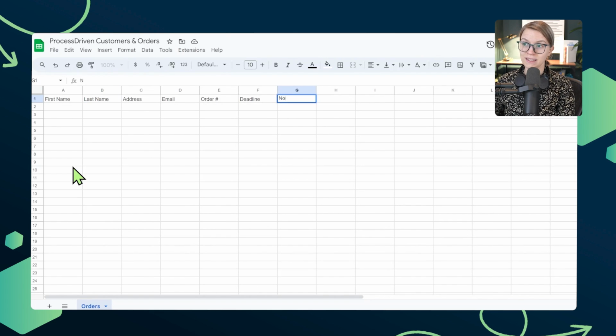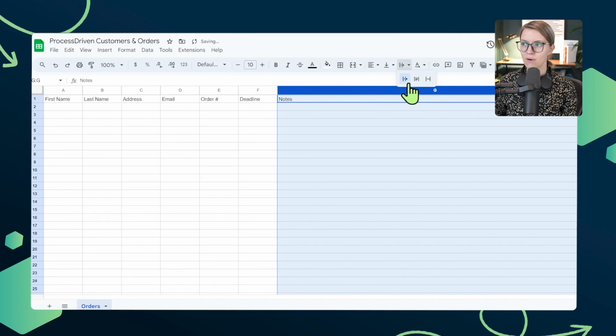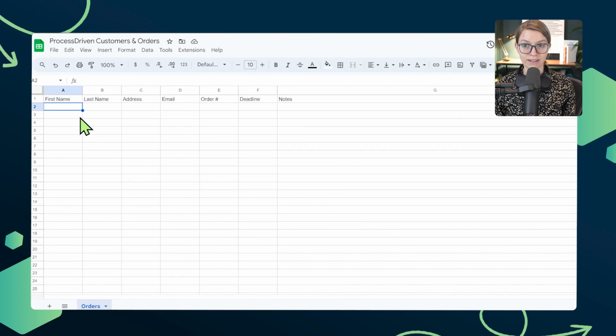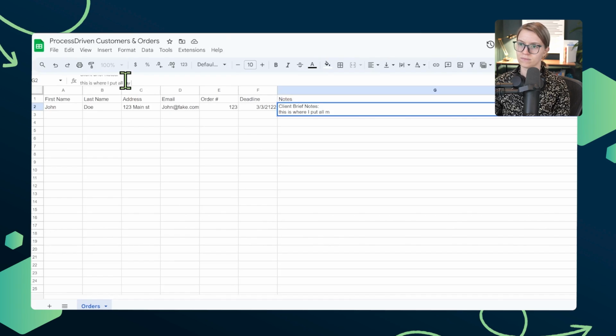And in this case, this might just be a notes column. That's it. We're going to delete the rest of our columns. We'll resize this one to be huge in case we need it, and allow ourselves to wrap that text. In this case, just like Sarah, we would then put the customer information in the structured fields. And then when it comes to the unstructured information, since we don't have a task like Sarah does, we would just use this notes area. So this is where we can have client brief notes. And we can use this notes area to track any miscellaneous odds and ends